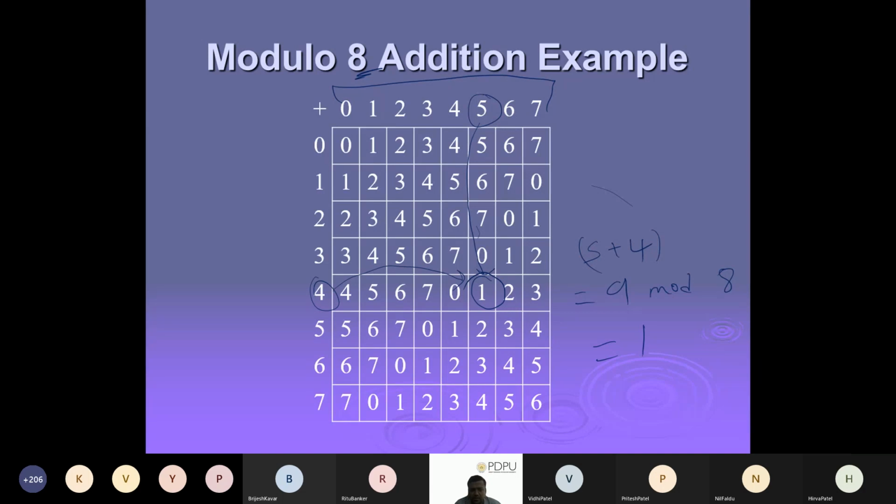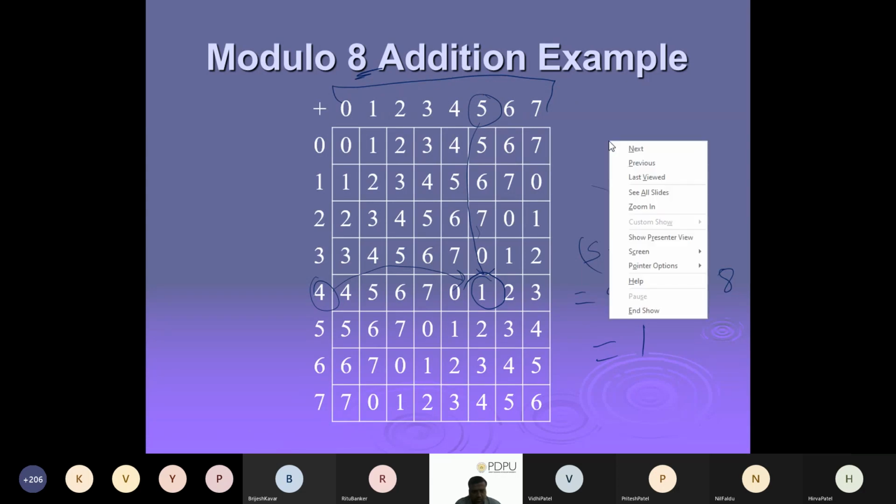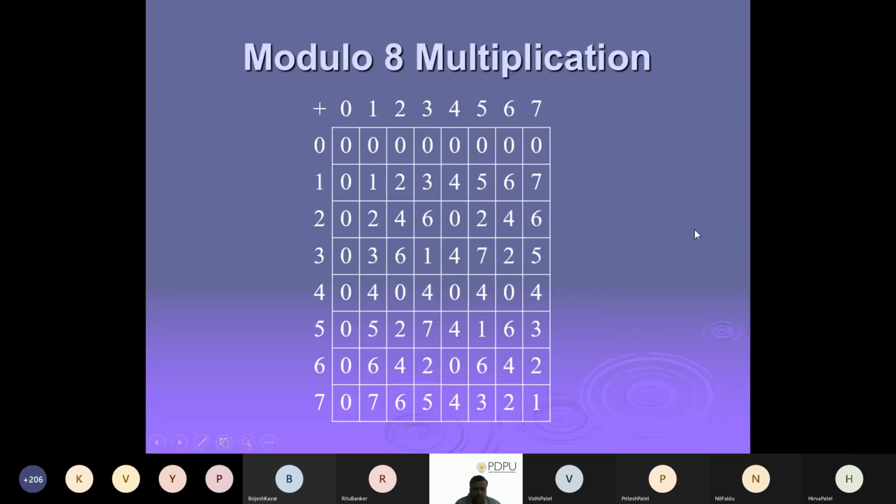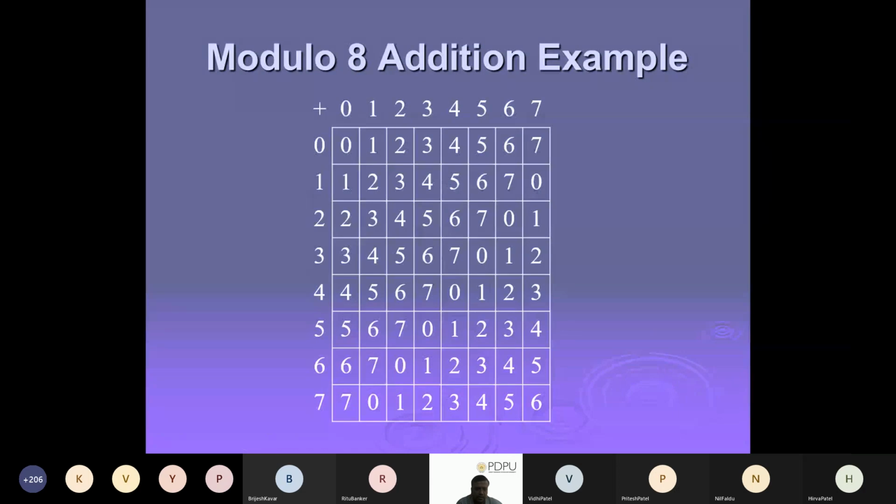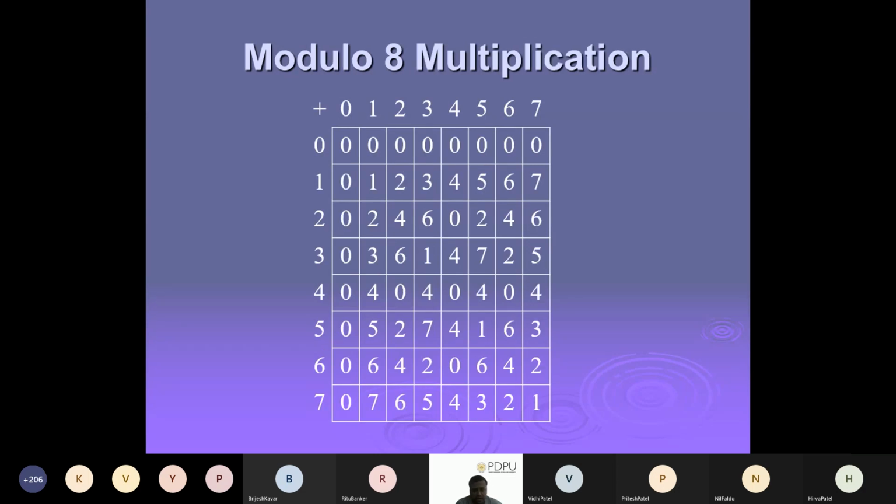Now one other thing, has anyone observed something in this table? Sir, circular fashion. Very good. Circular fashion, good. Now if you try to see all the rows, 0 to 7 is always there, right? And every time it is not going to be duplicate. In a single row, one value is repeated one time only, right? That is the property that is possible if we are using additive kind of things. In future we have to also see whether in multiplication the same property also holds.